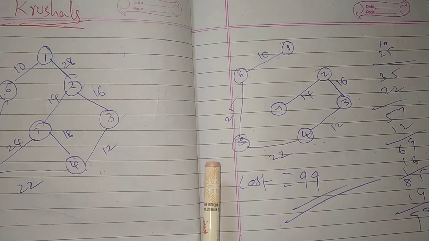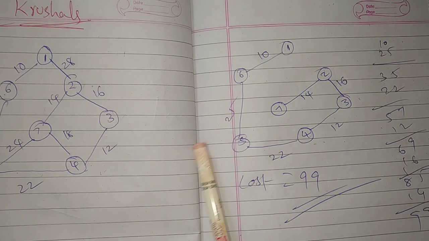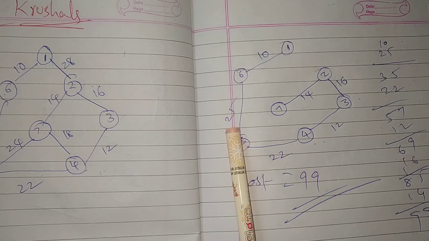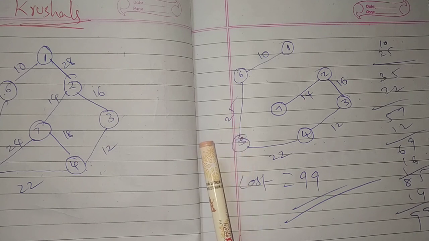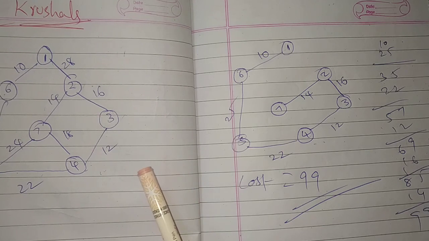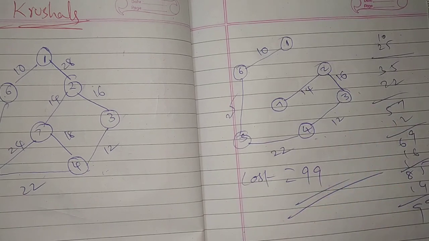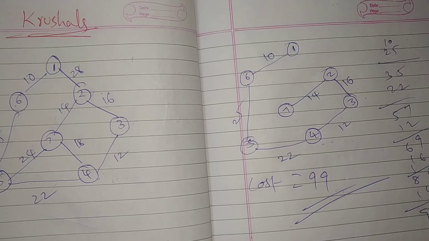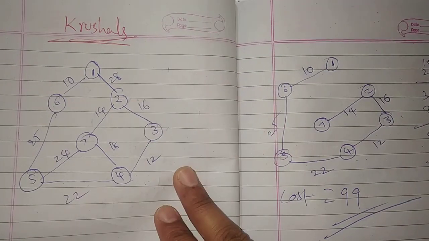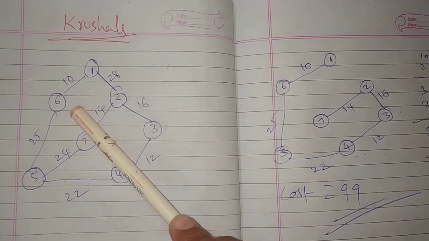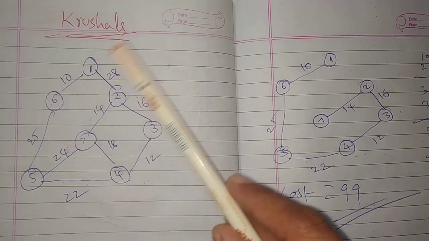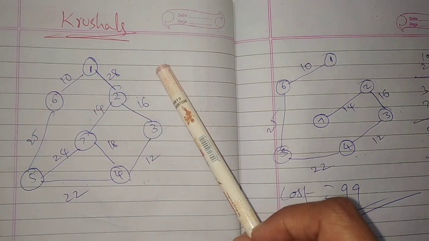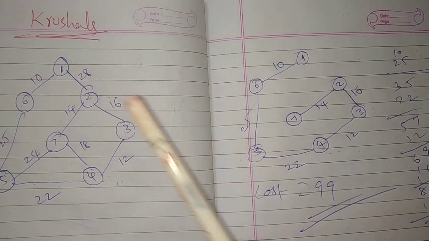In a computer, when you consider the space complexity and time complexity, the more effective one is Kruskal's algorithm. Alright, so I am again telling you that the only rule is that you take the minimum cost edge, but you don't generate a cycle. Cycles are not formed in a spanning tree, right?